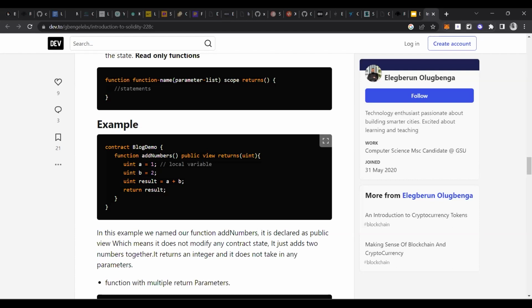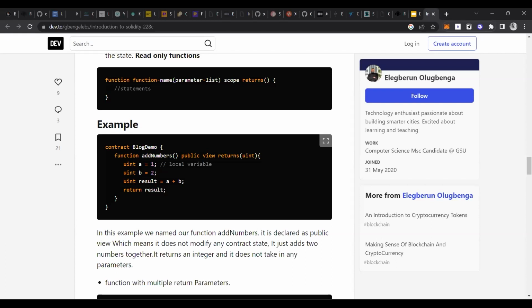From this smart contract, you can't call this function. And if you write the external keyword here, then this function will be called from another smart contract. This way, these are the three function visibilities we give: public, private, and external.